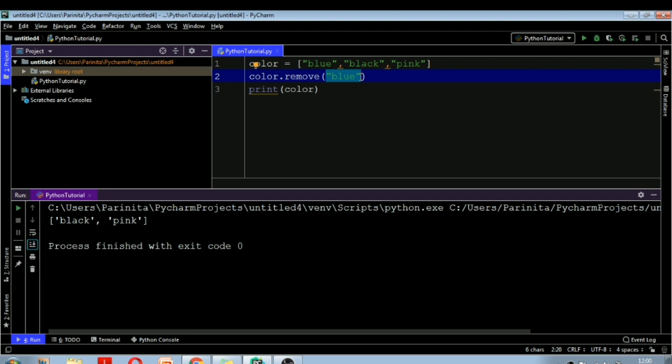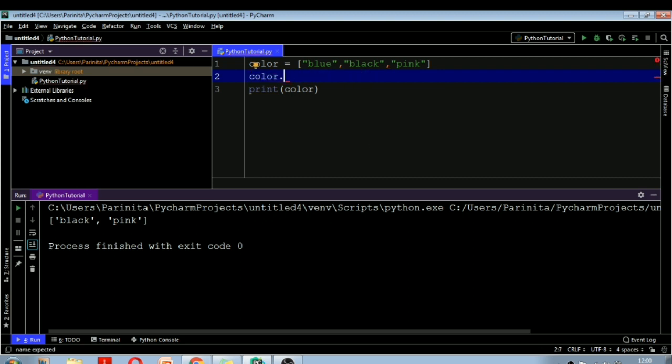So the basic thing is we should know what they do, what the differences between them are, and what the syntax of each function is, so that we can use them accordingly. Alright. So this is the basic difference between pop and remove. So these are the basic functions that we have seen. We have other functions like clear. For example, if you want to clear the whole array,